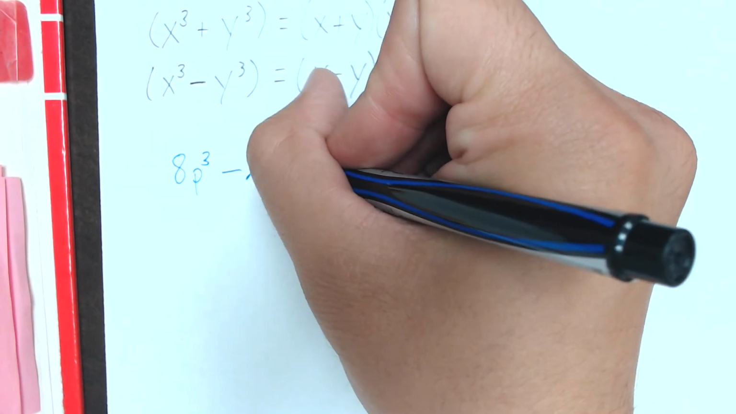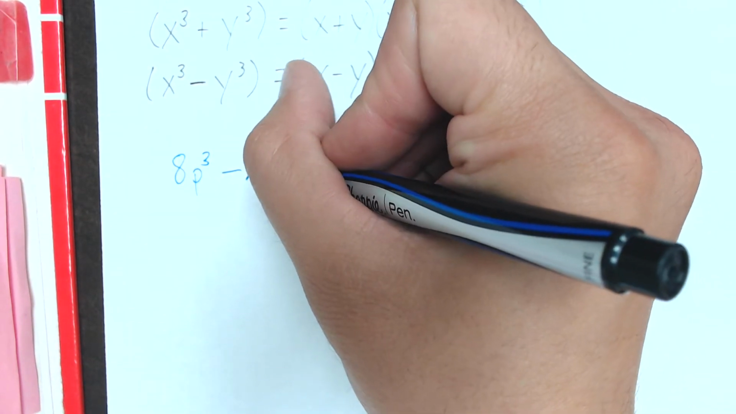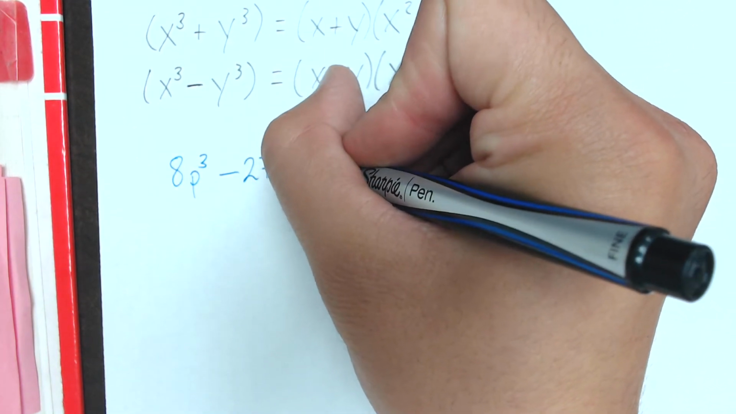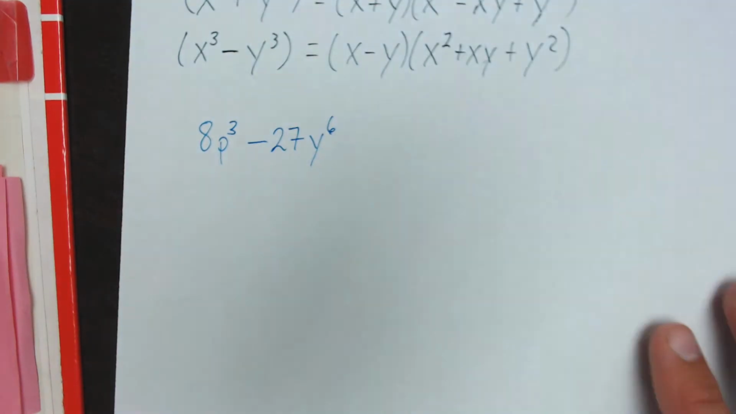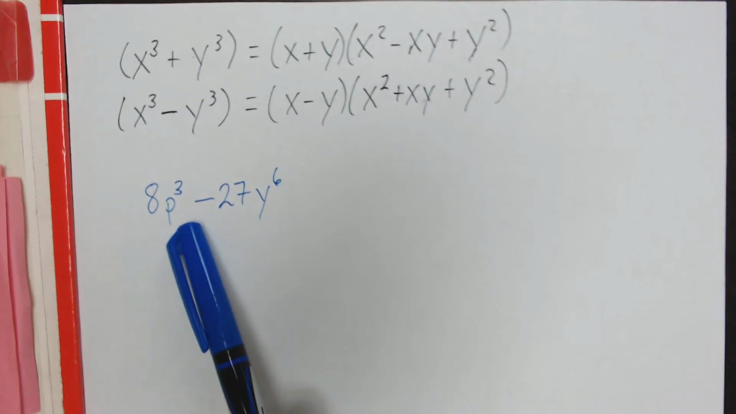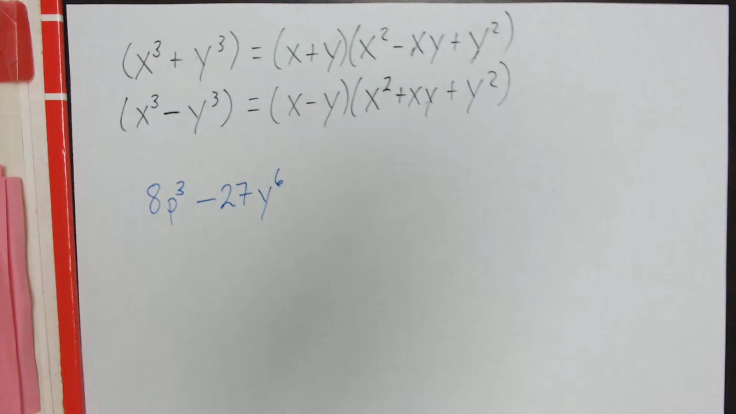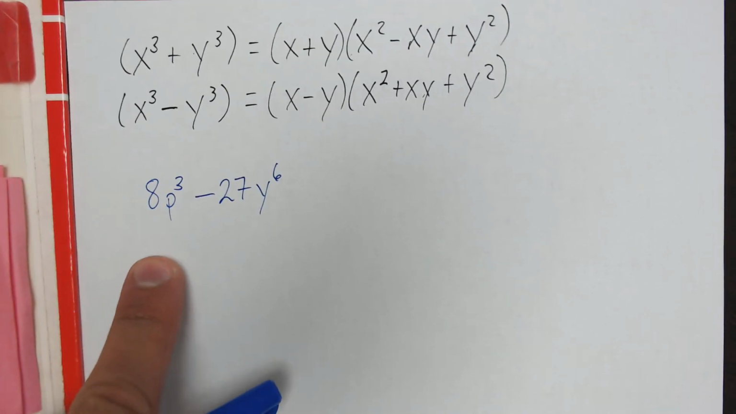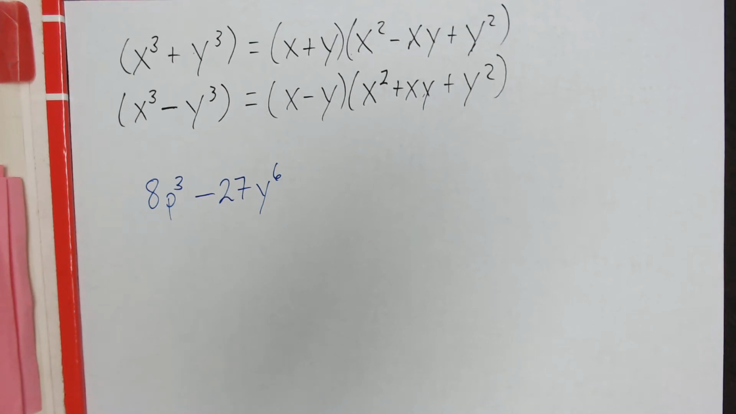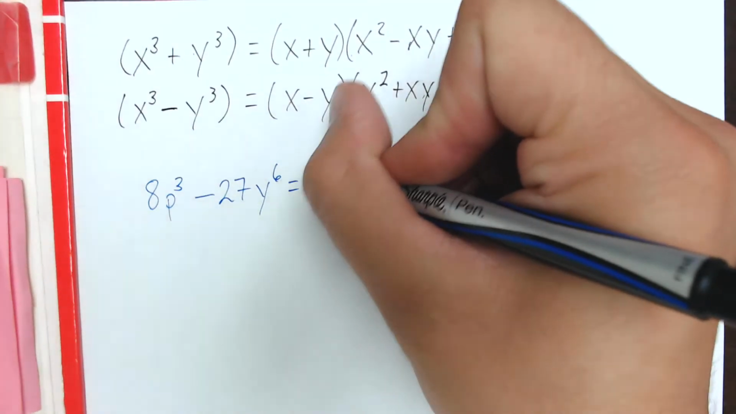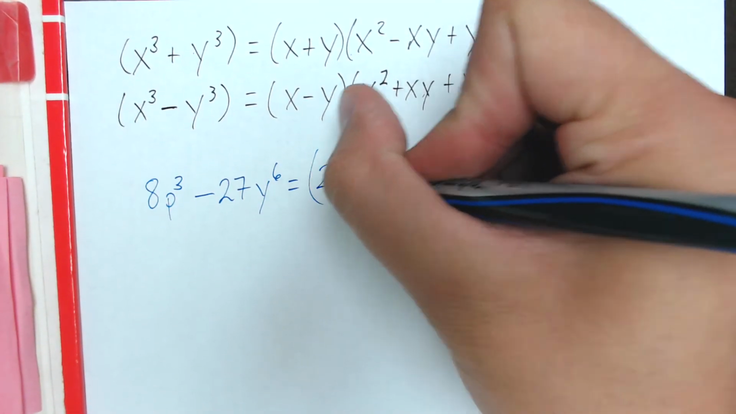27y to the power of 6. Okay? So what we do here is we just represent this as x cubed and this as y cubed, right? So in order to start writing our term, we just have to figure out what the cube root of 8p cubed is. So this is going to equal the cube root of 8 is 2, the cube root of p cubed is p, so 2p,